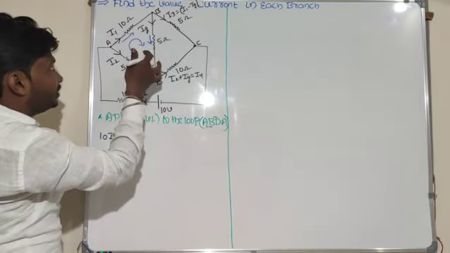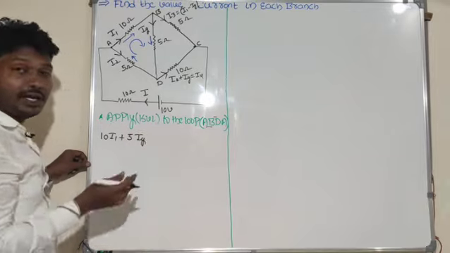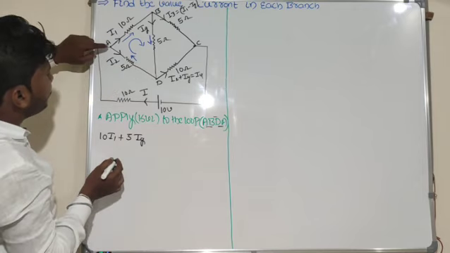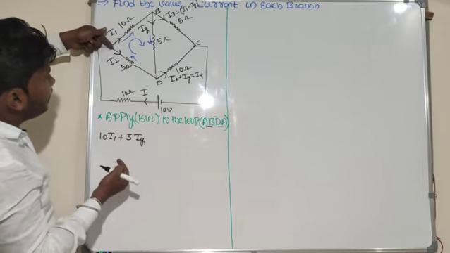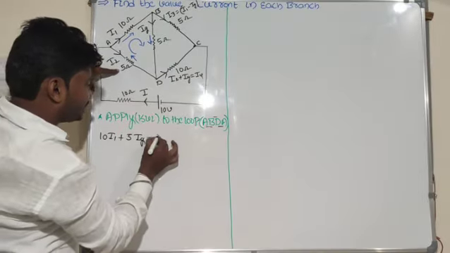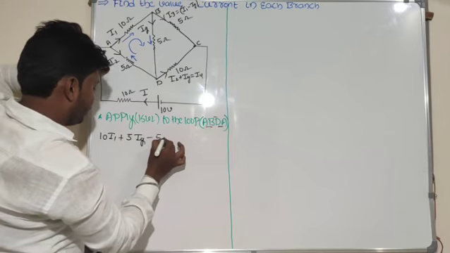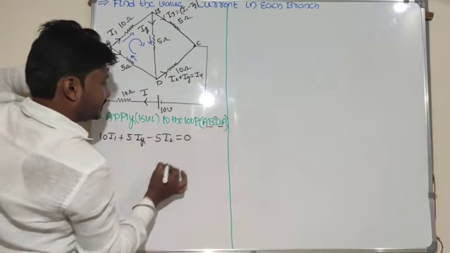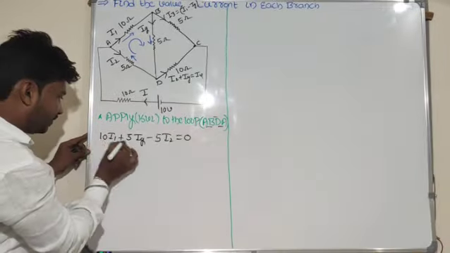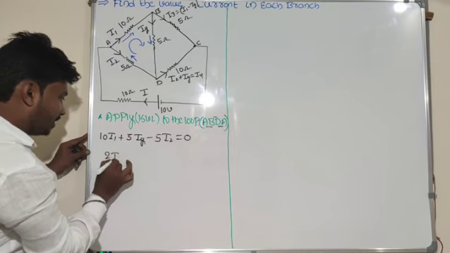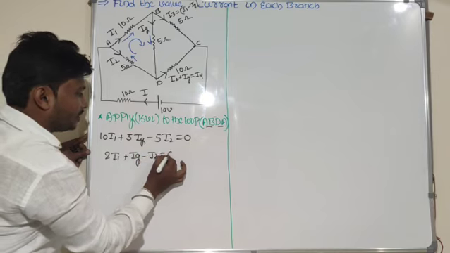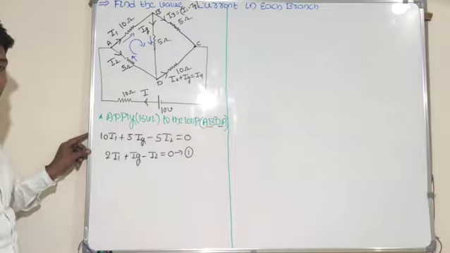Resistance is 5 ohm in branch BD and current is IG here. Next, D to A. Between A to D or D to A, this is the direction of actual current, this is imaginary. Actual and imaginary lines are in opposite direction, so negative sign. What is the resistance here? 5 ohm. What is the current here? Current is I2. It is equal to 0 here. Now for this equation, shall I divide by 5? If divided by 5, it becomes 2I1 plus IG minus I2 equals 0. Hope you get this.